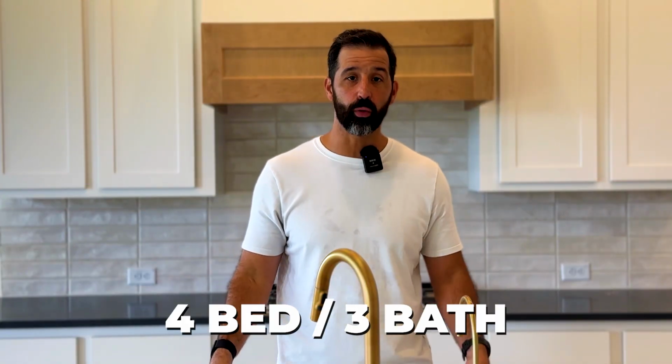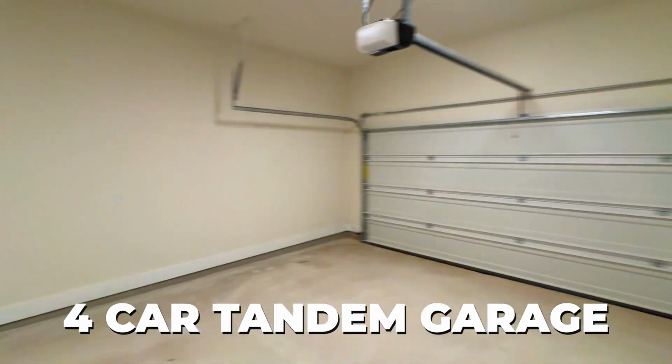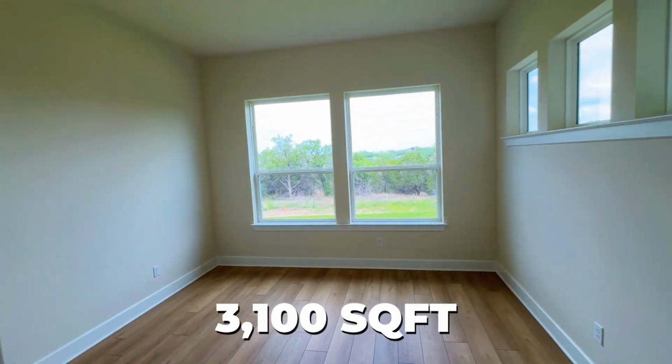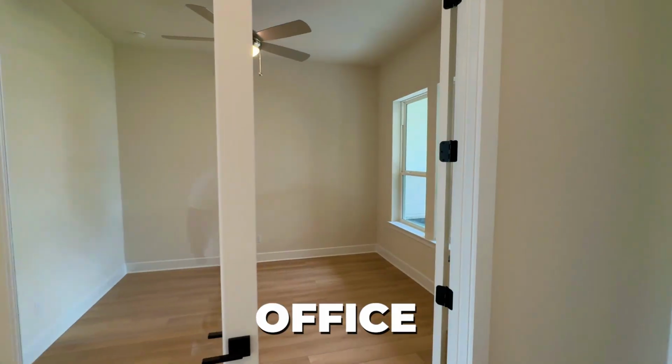But yes, $1 million, 4 bedrooms, 3 full bath, a 4-car tandem garage, so huge space, 3,100 square feet, a flex space, and an office as well. But, you know, $1 million,